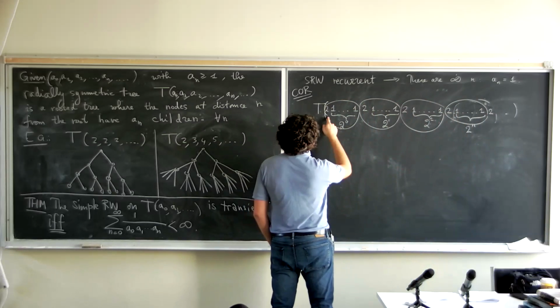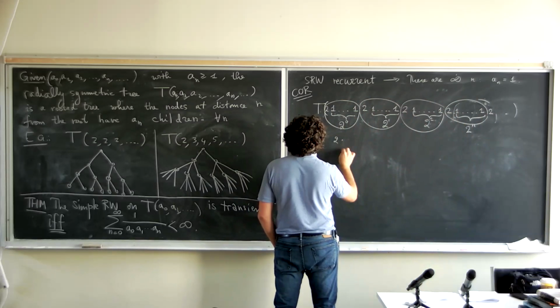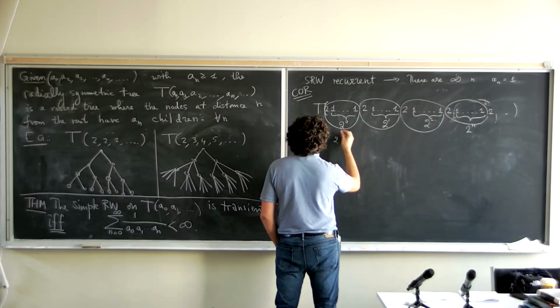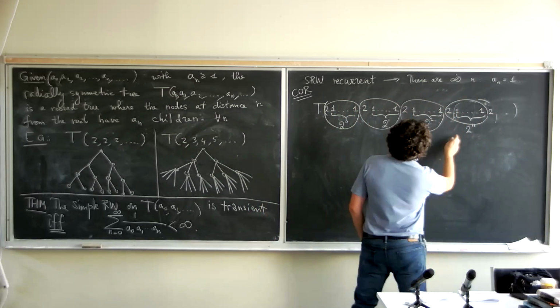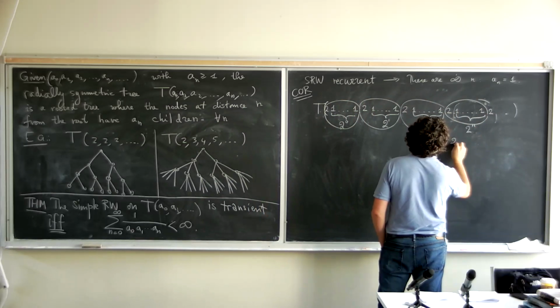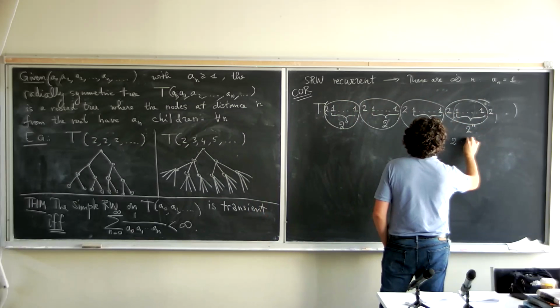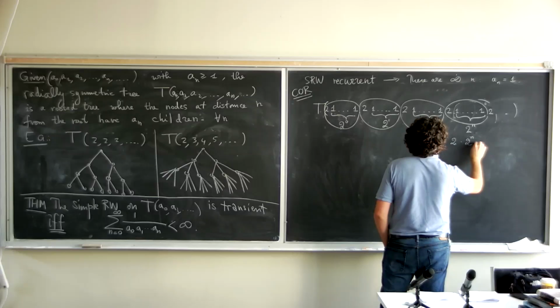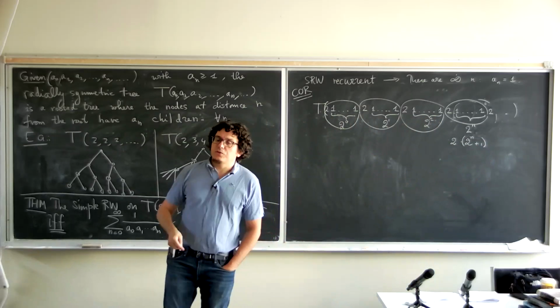right? So then this would be what? This would be 2. How many times you have 2? Well, you would have it how many times you have here. So in general, you would have this one, you would have 2. How many times you're gonna have it? Yeah, you're gonna have it 2 to the n plus 1 times. Yeah, and so this I think would still diverge.